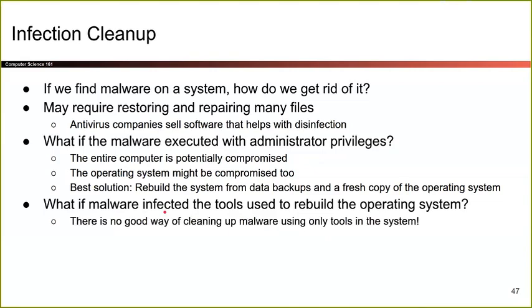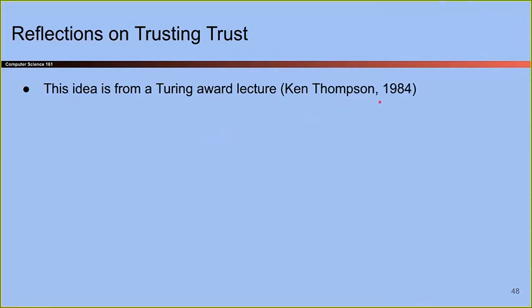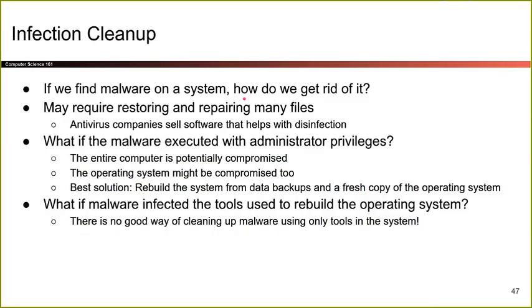So basically, what we're saying is the best way to clean up infections is, well, there isn't a best way, right? No matter what you do, something can be infected. And this is related to a talk from 1984 or 1983 given by Ken Thompson. I think it was a Turing Award winning lecture or something like that. So this is a very influential lecture, and it basically talks about what we just talked about here, which is